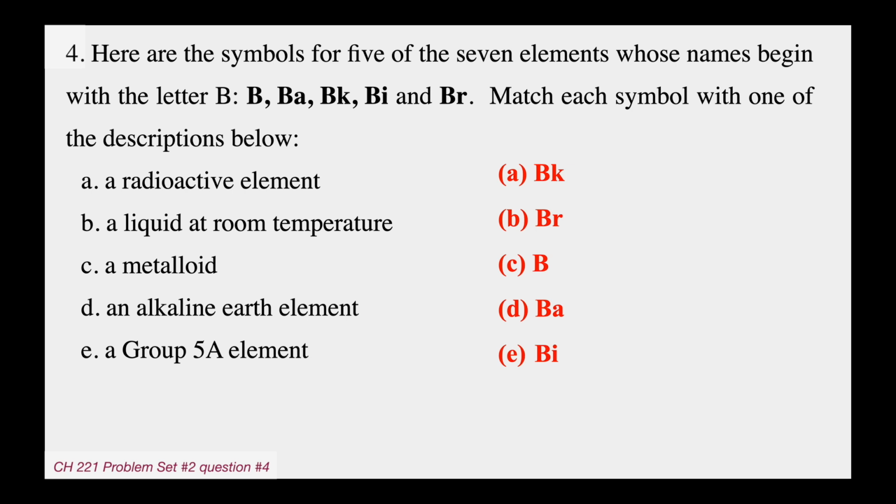Again, if you weren't clear on the radioactive or the liquid, it's not a big deal because depending on how this class is being taught, this could be easier or harder. But hopefully you can at least see that the metalloid was boron, alkaline earth, group 2A, barium, group 5A, bismuth,